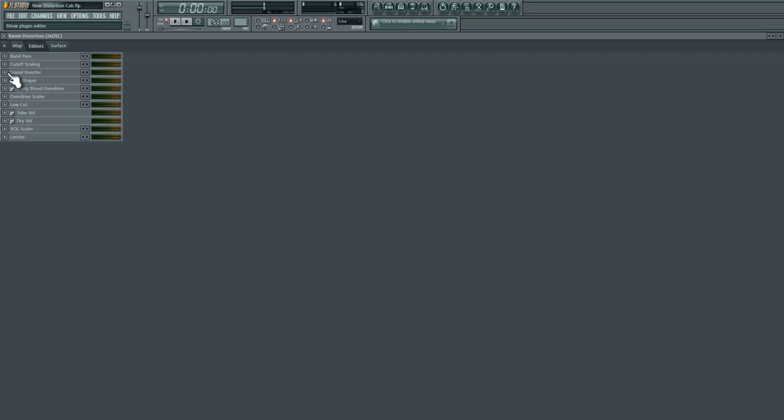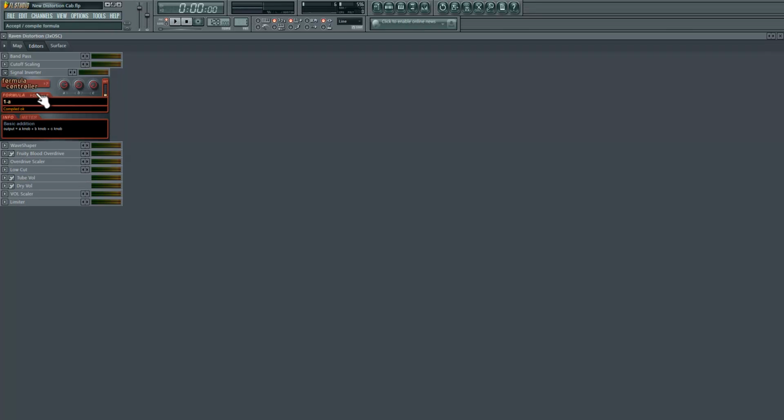The formula controller confused me a lot at first, but once you use it just a few times, it becomes incredibly simple. So the only formula I'm using is 1 minus A. That means whatever A is, if A goes up, this output signal goes down. So if I turn A down, you see the output bar goes up. Okay, so that's what's controlling